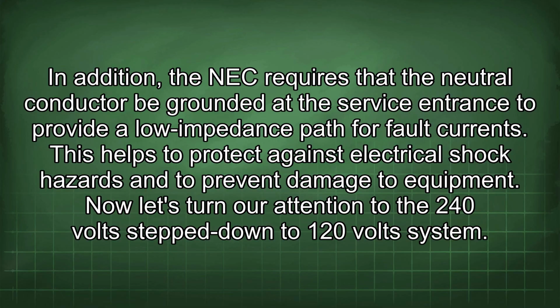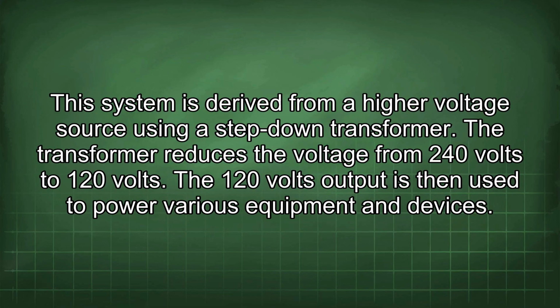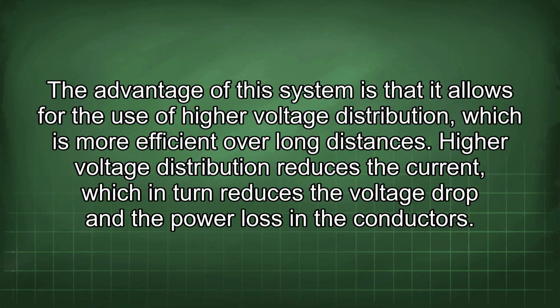Now let's turn our attention to the 240 volt step down to 120 volts system. This system is derived from a higher voltage source using a step-down transformer. The transformer reduces the voltage from 240 volts to 120 volts. The 120 volt output is then used to power various equipment and devices. The advantage of this system is that it allows for the use of higher voltage distribution, which is more efficient